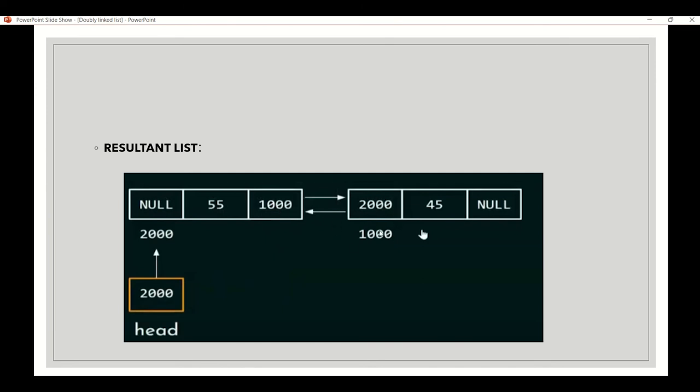So it carries the address of this node, 1000. So both nodes have now been linked, and this acts as head and this acts as temp right now. The next of the second node will be null.